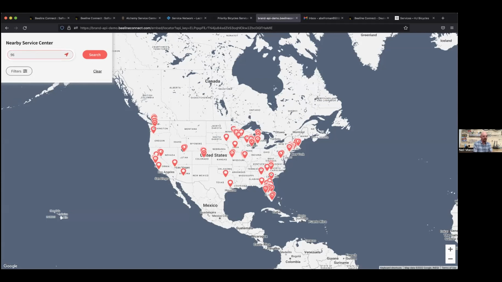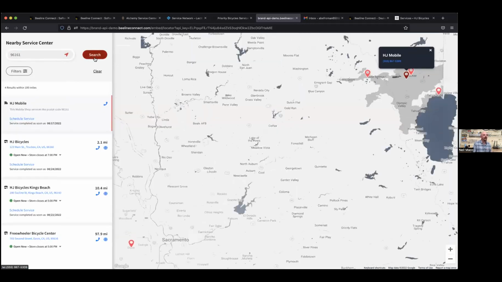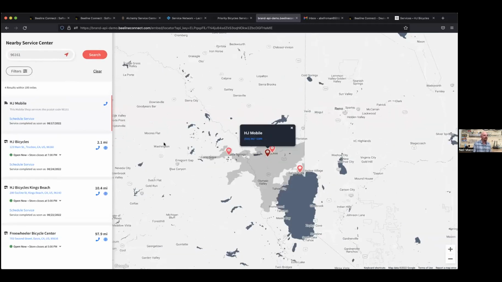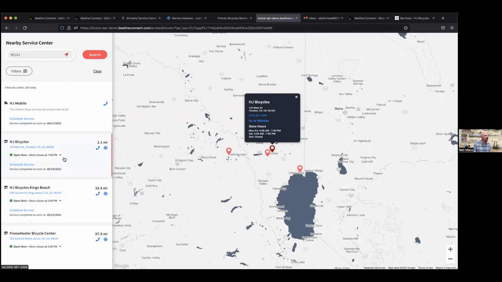So if I go through and search for that particular area, I place myself as a consumer, I can see the various shops that are available here. In here, I can see what is the earliest an appointment can be completed by. Again, this is based on what is in your service menu, as well as how booked up your particular shop is. If I go in and select this store, obviously I can see the store hours, it's open today,